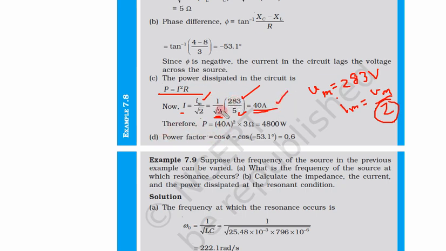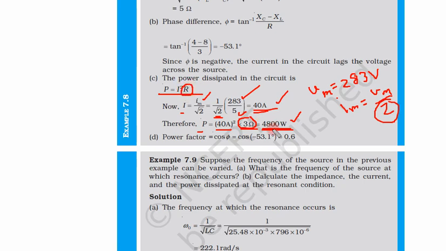Now power consumed, what is the power consumed? Power consumed is I square R. P is equal to 40 ampere square, and this R is 3 ohm. So power consumed is 4800 watts. So power consumed is very large. This is 4800 watts. And one important thing what we can see here, the power is consumed only by the